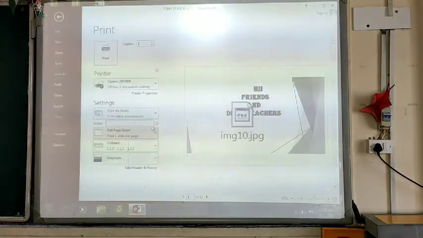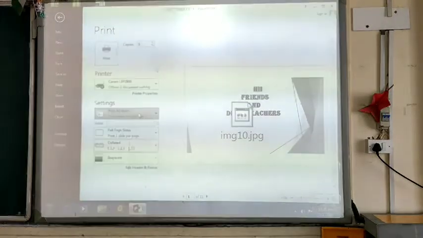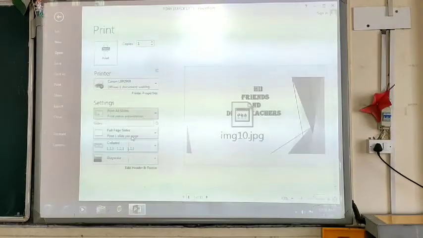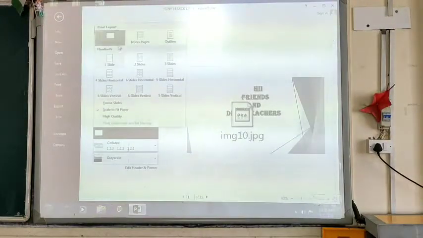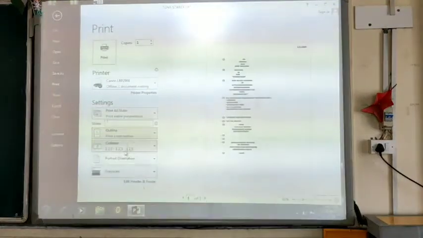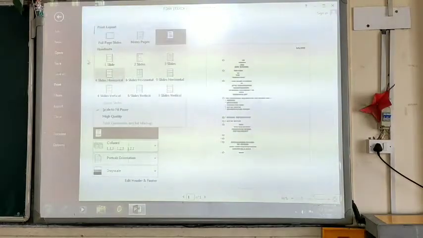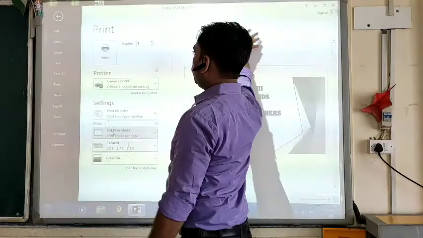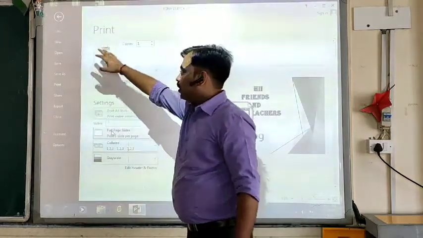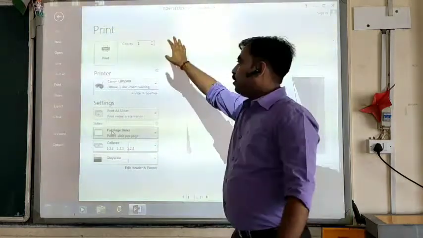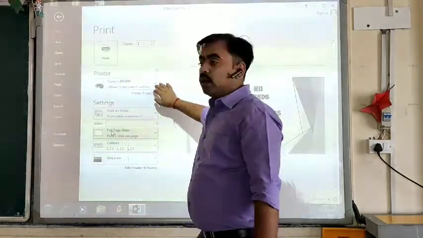Okay, and then, now you can see here, this is the print dialog box. We have clicked on the file tab and selected the print option. This is the print option open. Okay, first of all, you select the printer.